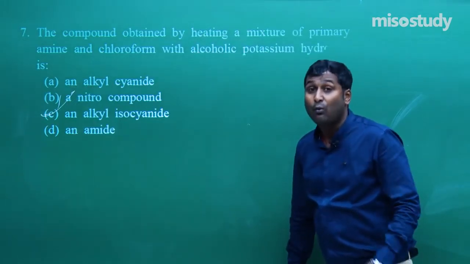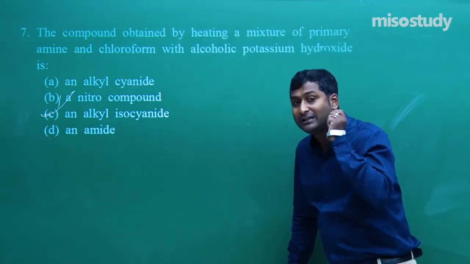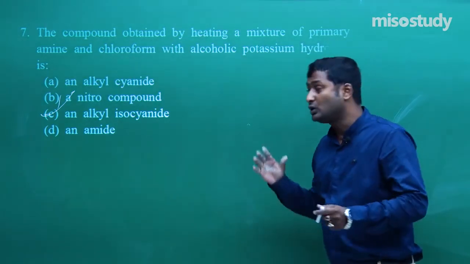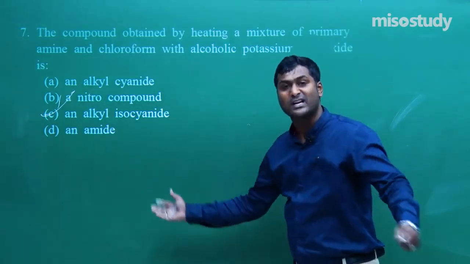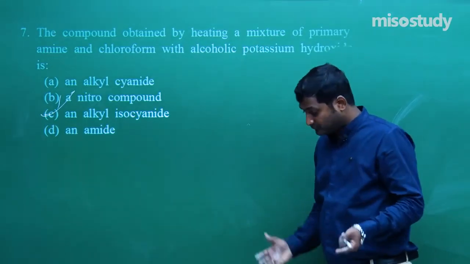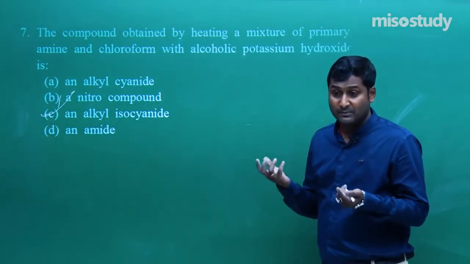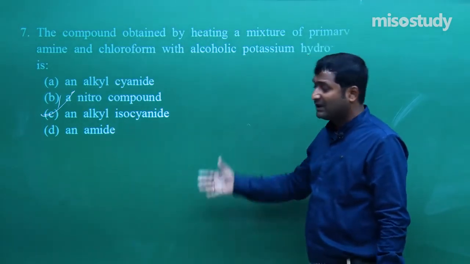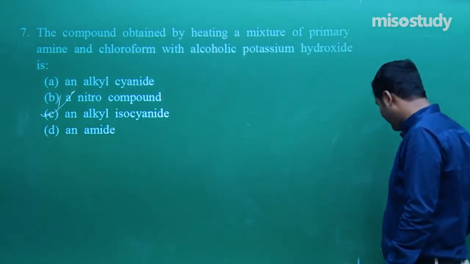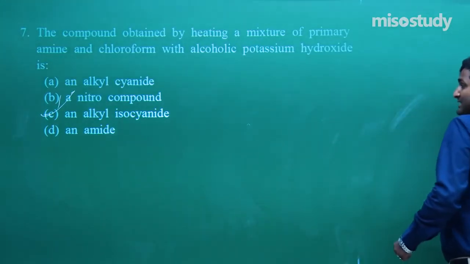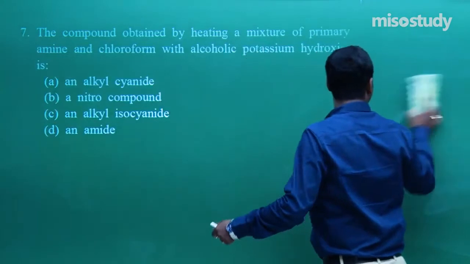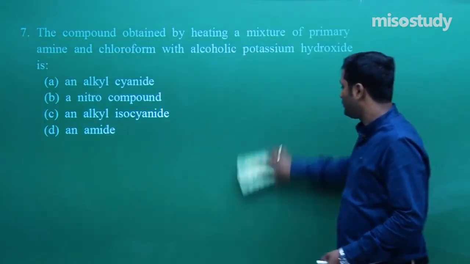What I'm telling you, friend, is that we have very little time, less than 1 minute, to solve such a question. So we do not need to go through the detailed calculation or detailed solution. We have to boost our knowledge with exceptional theory and exceptional practice, and after that you can definitely solve such questions. So for question number 7, C is the correct option. Now let's move to the next segment. Check it out.